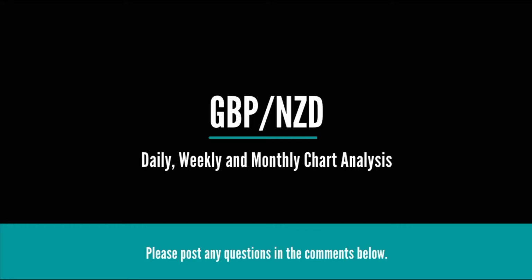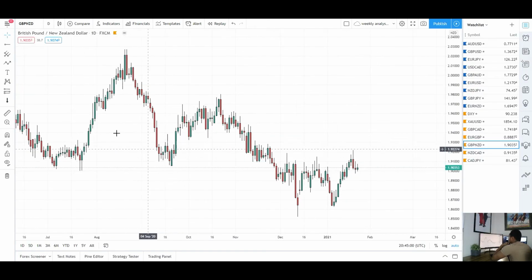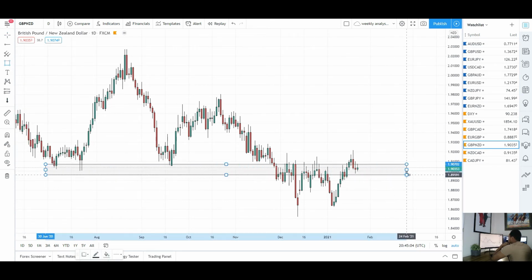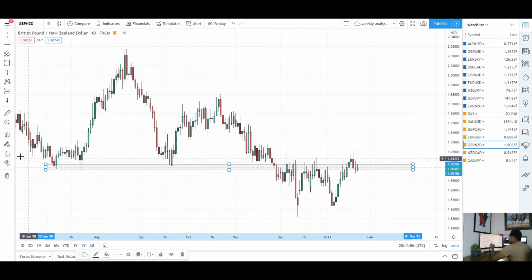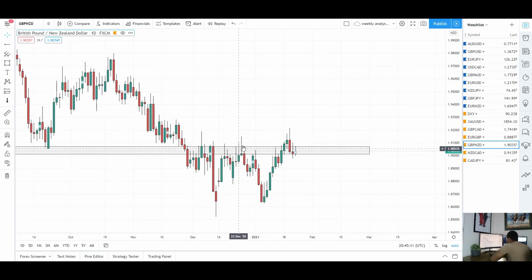Next up, we've got GBP NZD. Okay, so for GBP NZD this week, we did see price break through this key level of resistance in the market. As you can see here, prior support all along there, turned resistance, so really strong level there. Nice push to the upside, now retesting as resistance. I was saying last week you do expect price to break through this level. As you can see, we did break through this level this week, and now we are retesting it as support